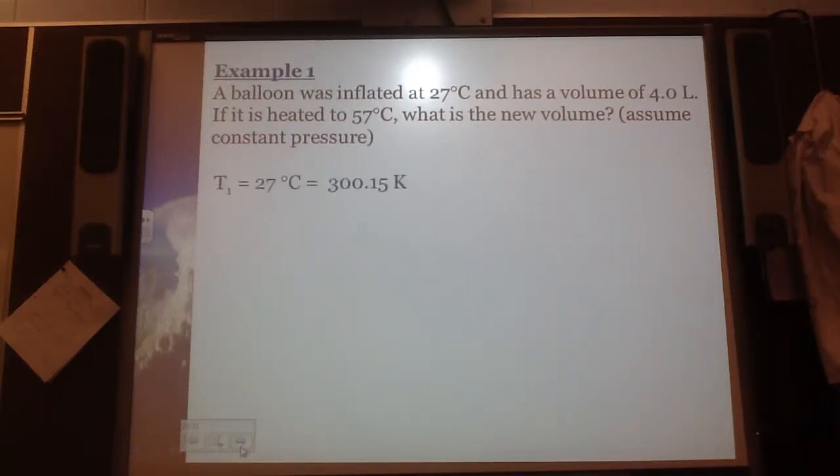Okay, so a balloon was inflated at 27 degrees Celsius. It has a volume of 4 liters. If it was heated to 57 degrees, what's its new volume? So this was just, well, it's the opposite of